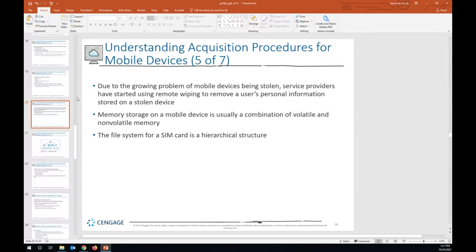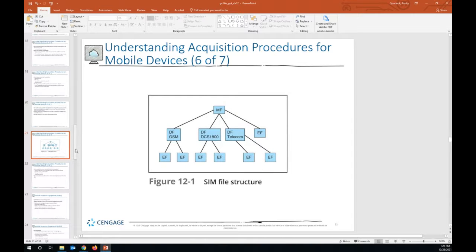Also, the memory storage of mobile devices is usually a combination of volatile and non-volatile memory, and the file system on a SIM card is in a hierarchical structure, as we can see in the example here.